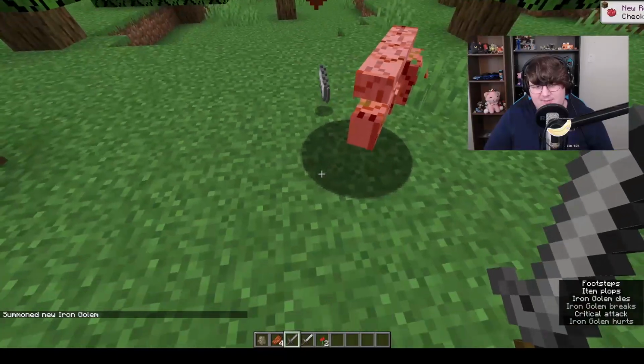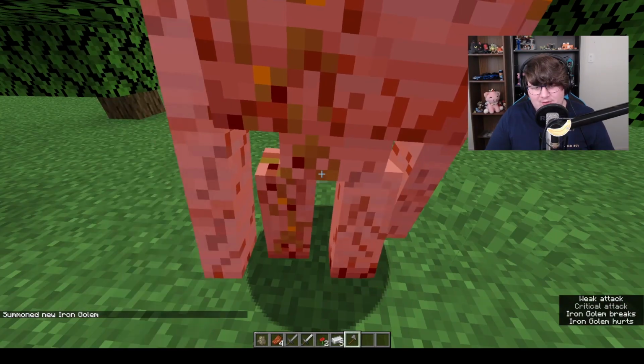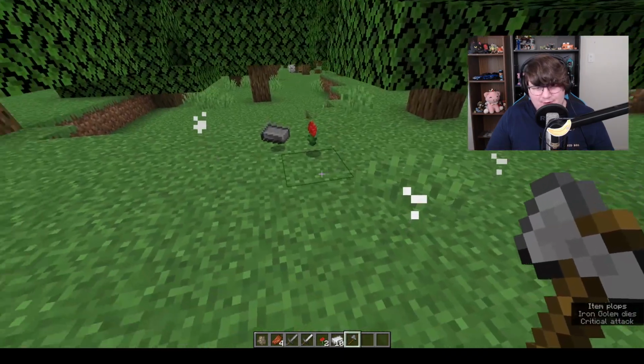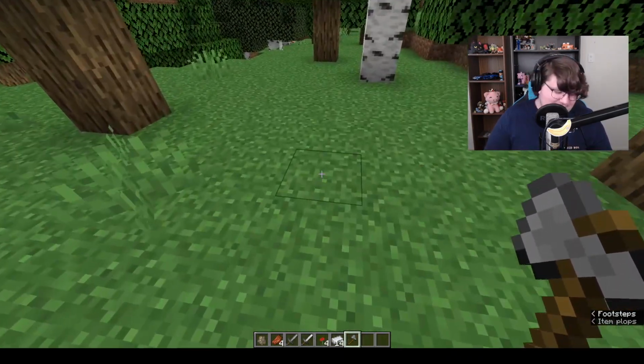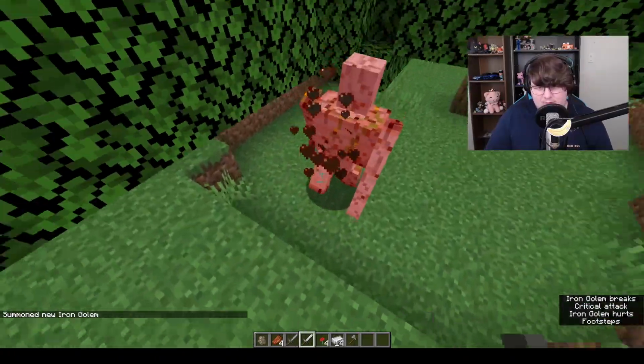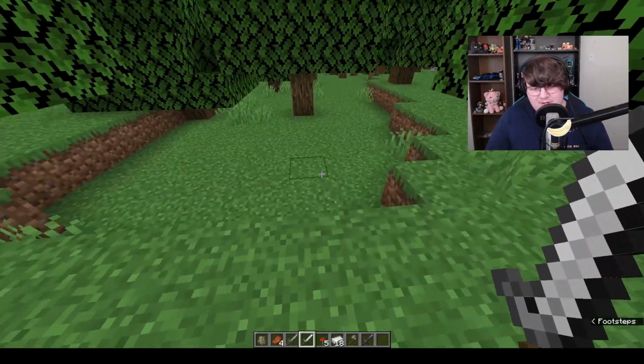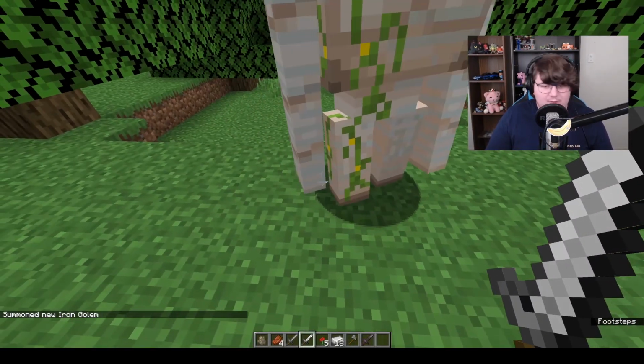5, 6. 6 hits with a stone sword on an iron golem. 1, 2, 3, 4. 4 crit axe hits kill the iron golem. What if we get an iron sword on him? 1, 2, 3, 4, 5. 5 iron sword hits. And just because I feel like going a little overkill on this, what if we get